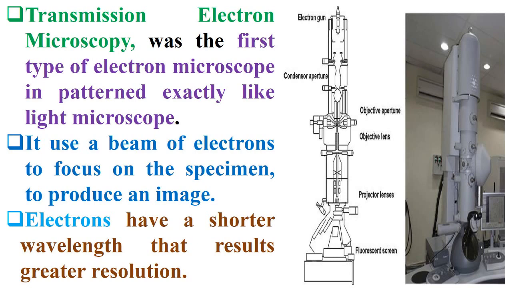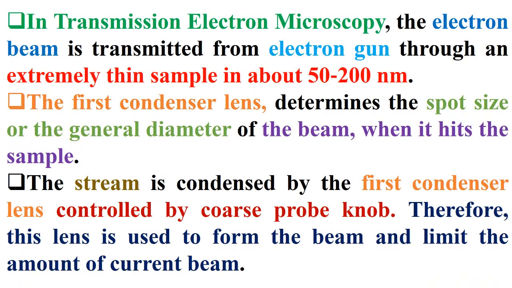Transmission electron microscopy was the first type of electron microscope and is patterned exactly like a light microscope. It uses a beam of electrons focused on the specimen to produce an image. Because electrons have a shorter wavelength, this results in greater resolution. In transmission electron microscopy, the electron beam is transmitted from the electron gun, through an extremely thin sample, about 50